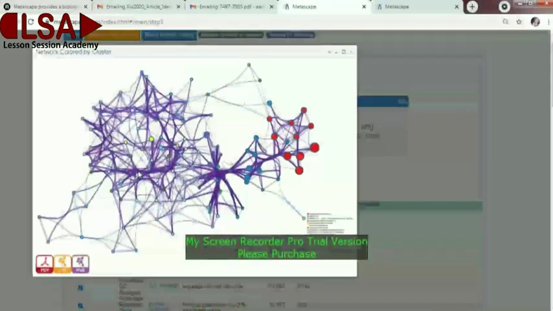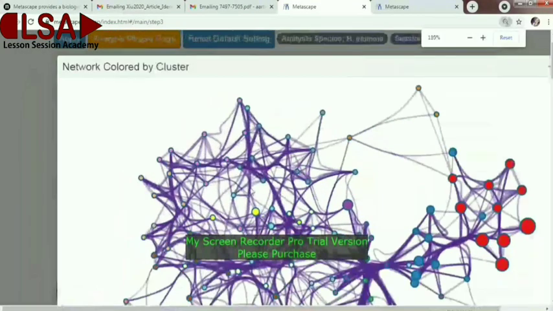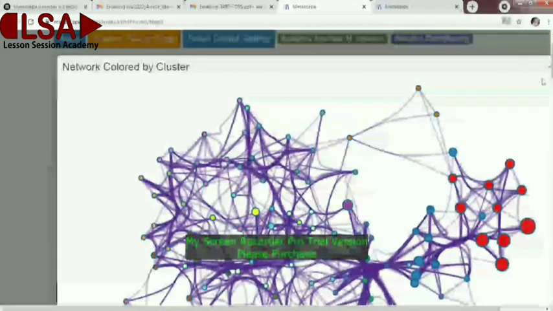And here this is the overall network colored map. So here these genes have made some clusters, and these colors represent their clusters. You can see the description here.